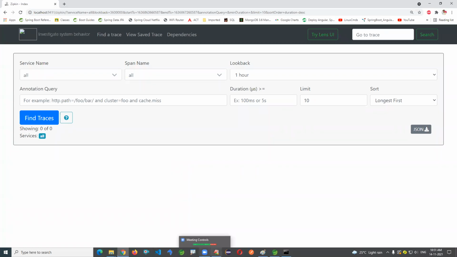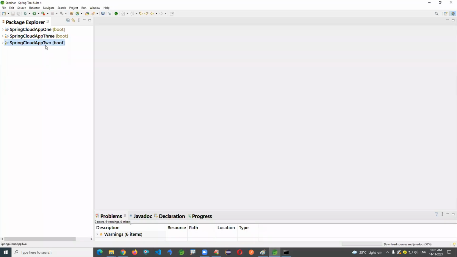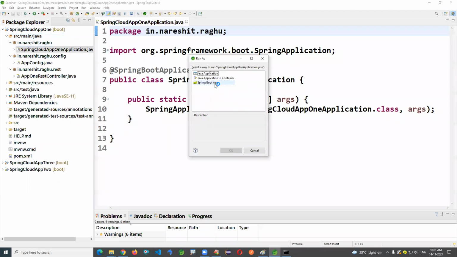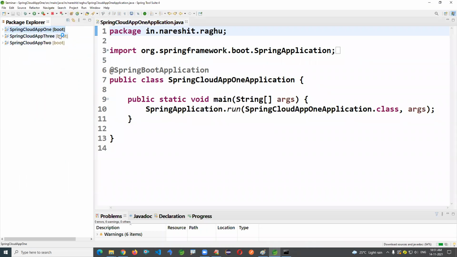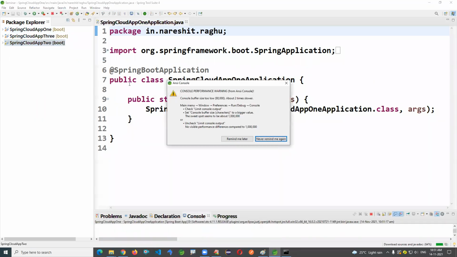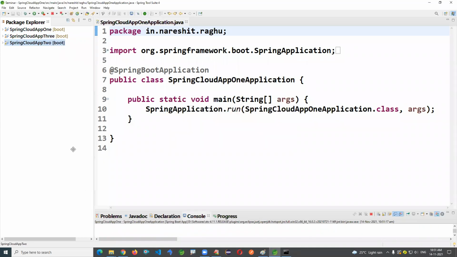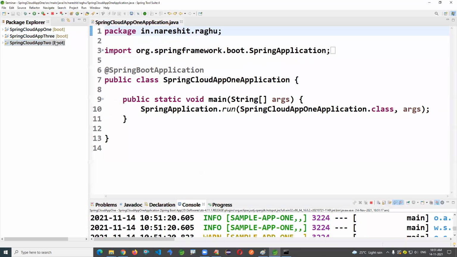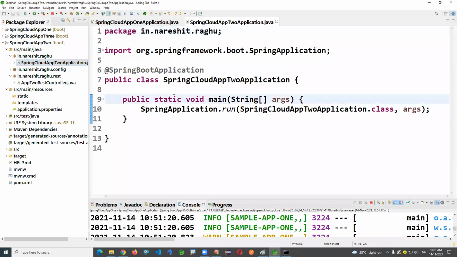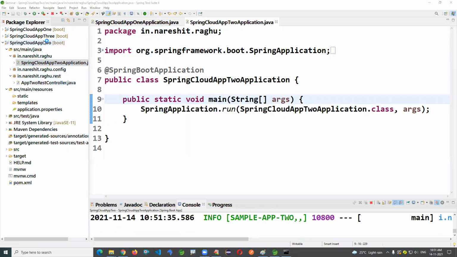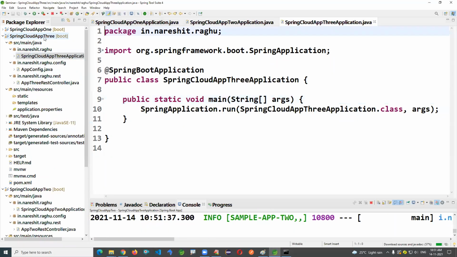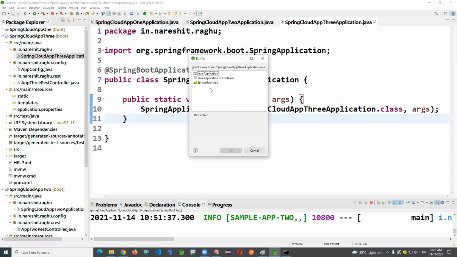Now let us start our microservice applications, or simple REST applications that we created. They must be distributed applications. You can use Eureka server, config server, everything is fine here. Okay, the application started here. The second application we are running. Ctrl+F11 is a shortcut. And the third application. Okay, 3 applications are started.